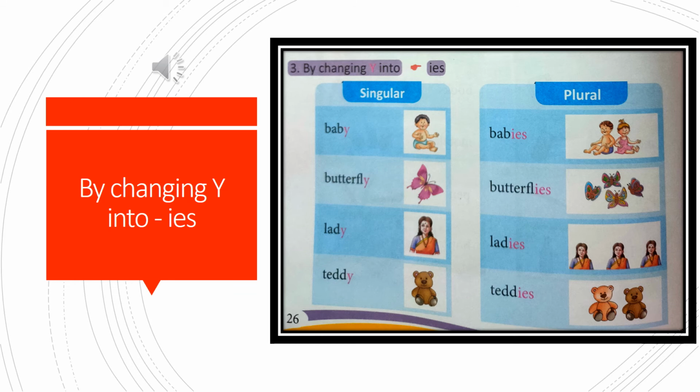So in all these singular words, we have changed the Y into IES while changing singular into plural.